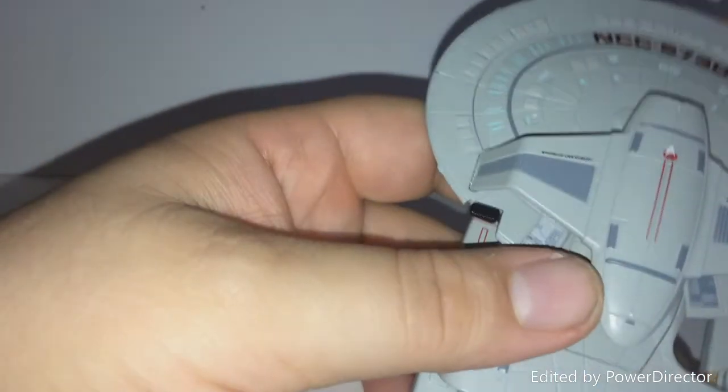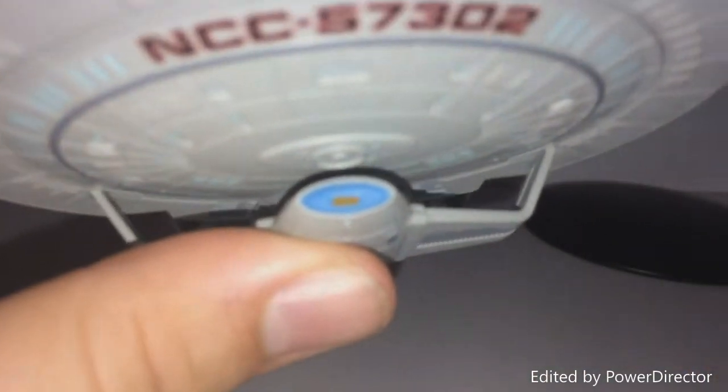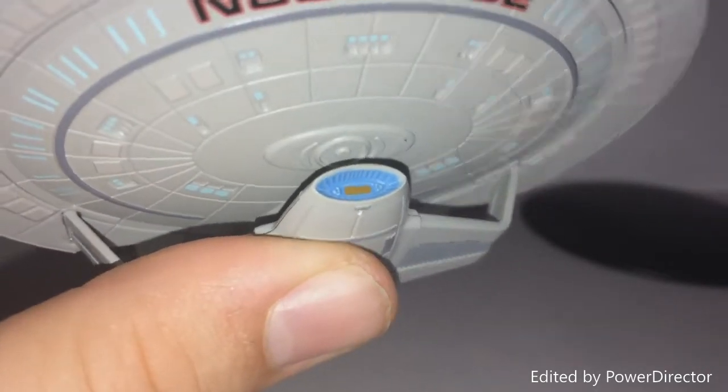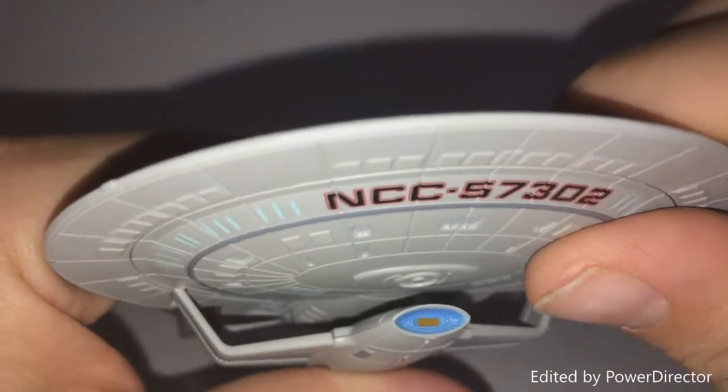but they chose not to. I like the fact as well that they haven't just left the deflector dish plain, and that they've actually detailed it. And I'm going to try and see if I can zoom up here. There we go. That's actually textured and painted as well, which on some models they haven't, they've just left it blue. But that's it